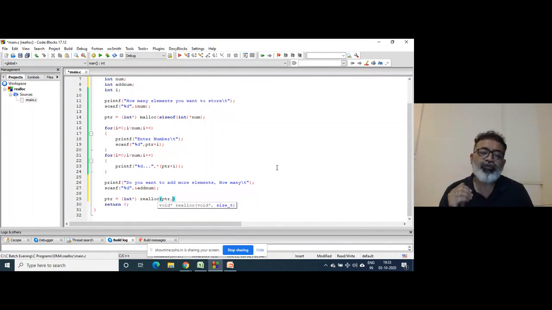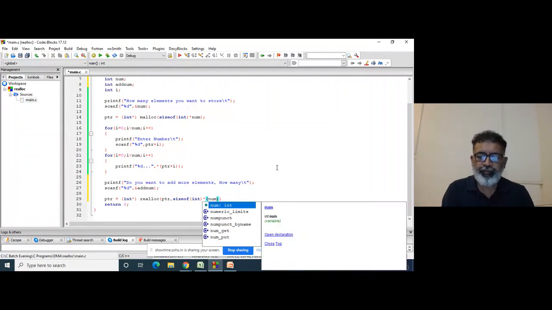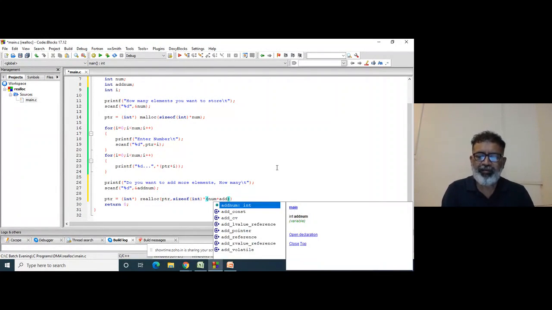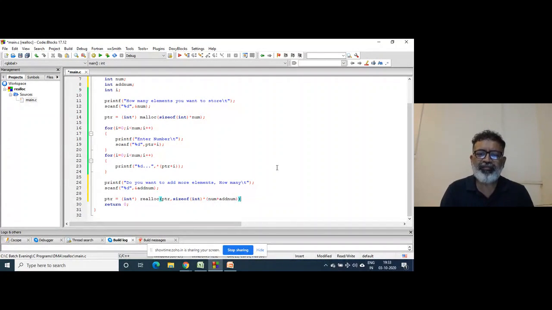How many new bytes do you want, right? So it would be size of int into num plus. The program can be written in a variety of ways, right?